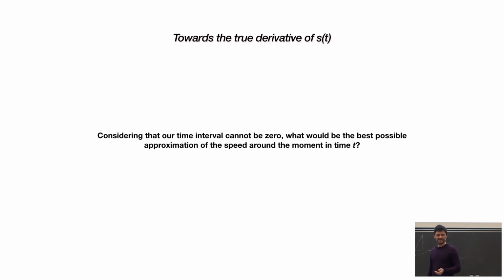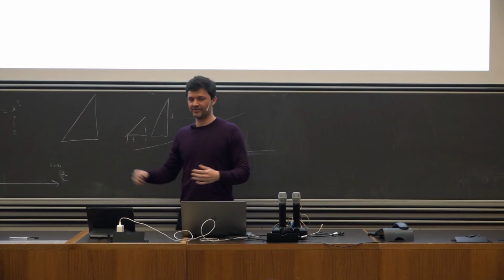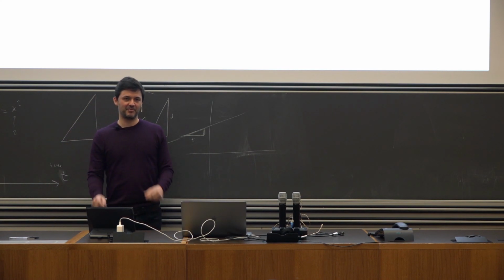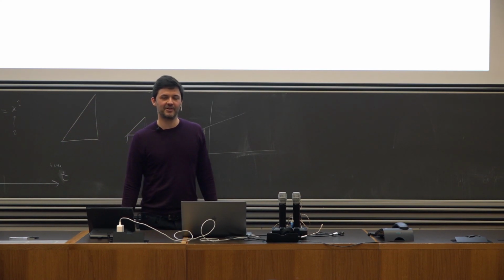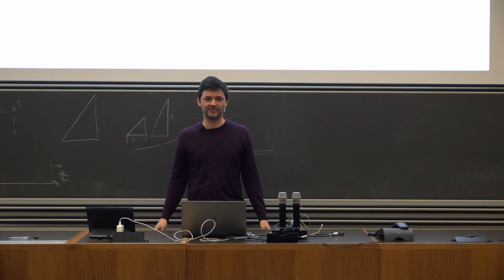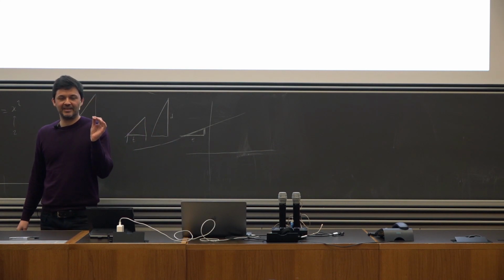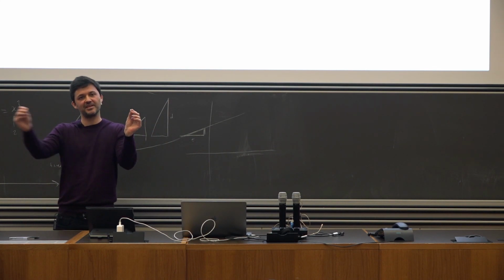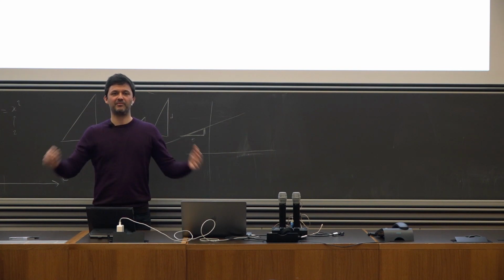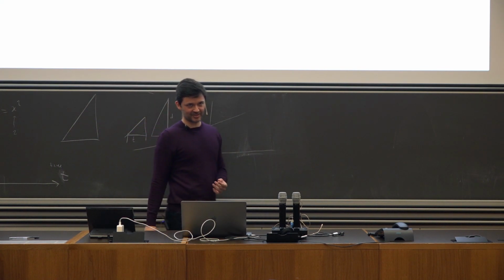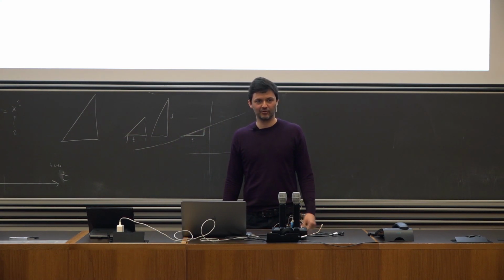So the question really is, considering that our time interval cannot be 0, what would be the best possible approximation of speed at any moment of time that you choose? You can keep adding zeros until the end of time. You can keep adding zeros to this approximation for 100 years, and someone can do it in 100 years and 1 day and add a couple more zeros and make a better approximation. So is there some kind of limit between this thing being so small and this thing being 0? That's a very interesting philosophical question, not only mathematical.